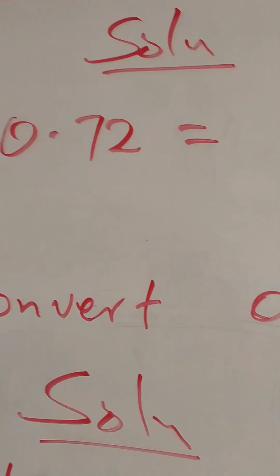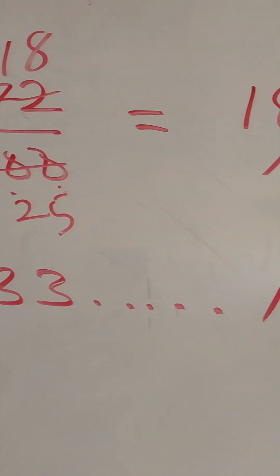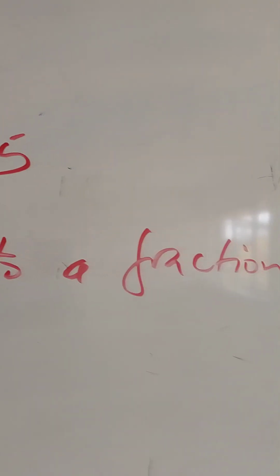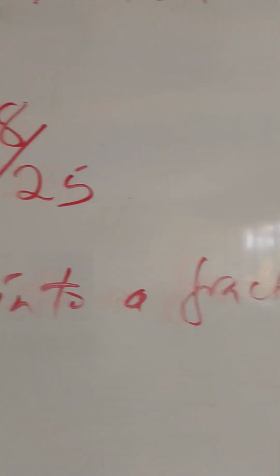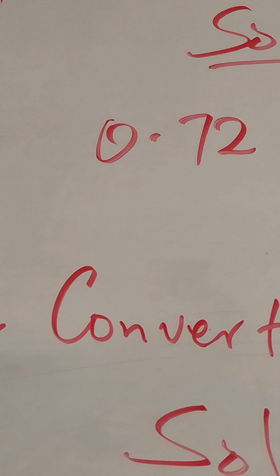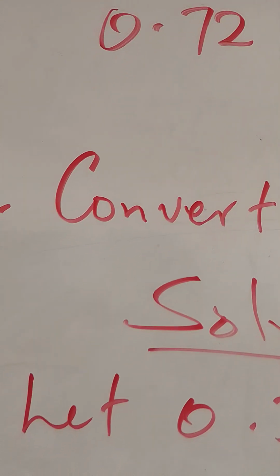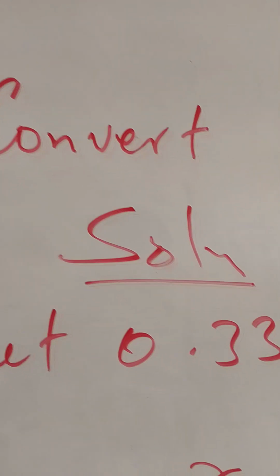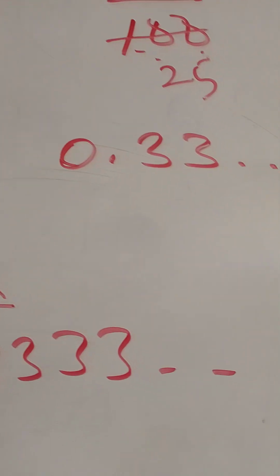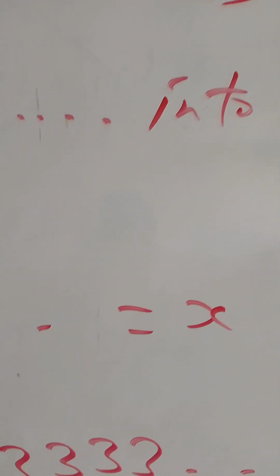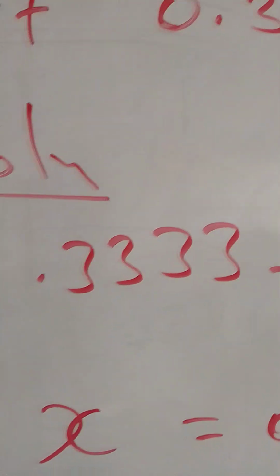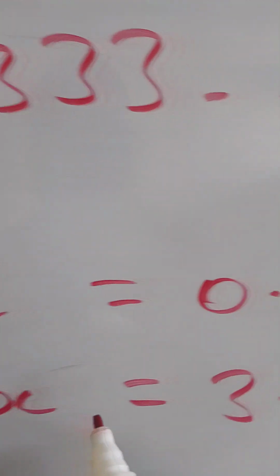Secondly, convert 0.33 into a fraction. This is what we call a recurring or a repeating decimal. And to convert a recurring decimal into a fraction, first we equate that recurring decimal to a letter, say x. So we say let 0.33 be equal to x. Then it means that x equals